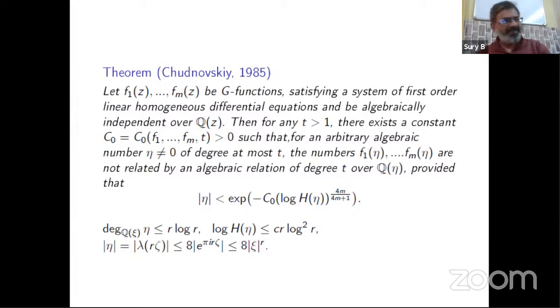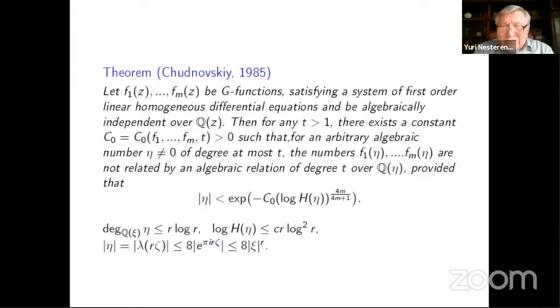I want to mention one more problem. This business with G functions and with denominators is connected to transcendence of zeta values. For example, classical relations of zeta values to these functions, to modular functions. And in principle, it's possible to try to prove transcendence of zeta 3, for example. Of course, this is a difficult problem, but it's very interesting.